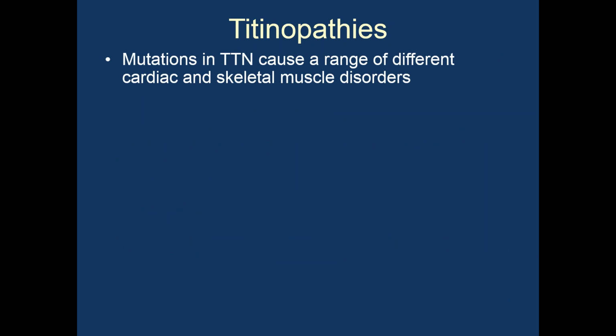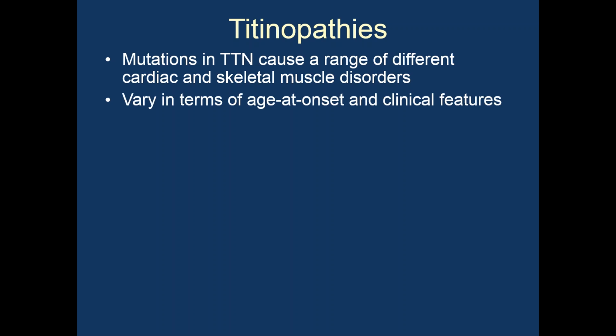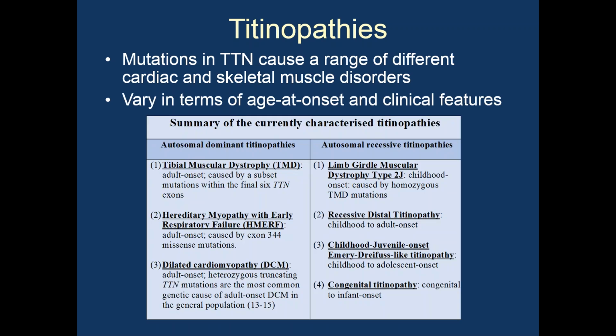So mutations in titin, we now know, cause a whole range of different cardiac and skeletal muscle disorders. And we know that now because the massive advances in sequencing that have happened in the last 8 years or so have really opened the door to us being able to analyze titin for mutations. Before that, the gene was just too long to be able to do that well. All of the different titinopathies vary in terms of age of onset and the clinical features. And this is a summary I put together for a recent grant that is an overview of some of the